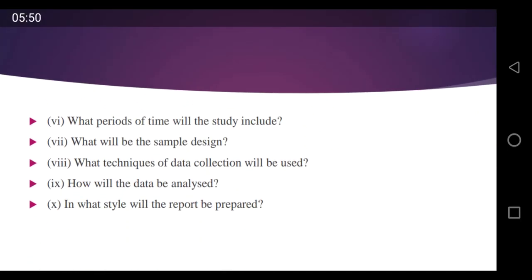Now after that, what period of time will the study include? Decide for yourself. Once you have carried out the research design, at that time you need to decide exactly what time is required. Okay, it requires 3 months, 4 months, 5 years, 4 years, 2 years. As per your plan only, you carry out your research. Otherwise, friends, if you are not doing an exact time calculation, there will be more delay, and that delay is going to affect your cost also. The dependencies will be increased. Due to that reason, finalize the time period, how much your study will take.